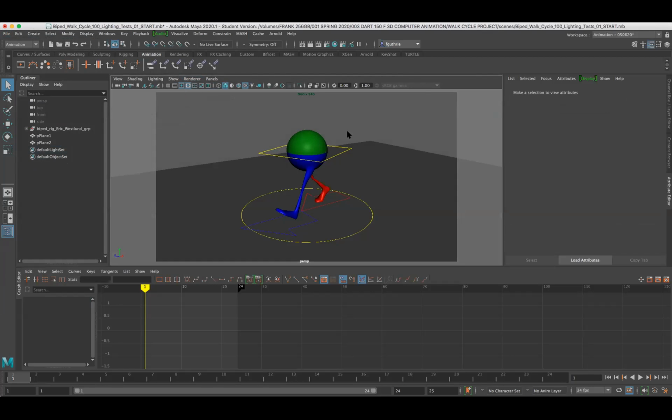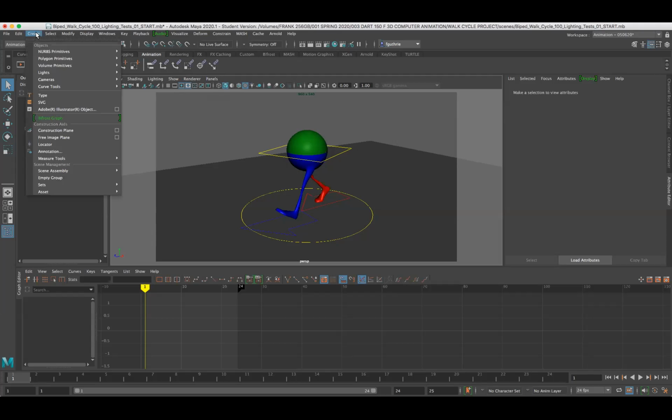To viewport 2.0. This is where we are in Maya, viewport 2.0. Okay. So in Maya, you can quickly create, I'm going to go to my lighting. Okay. I'm just going to create in viewport 2.0. You can create a quick Maya light. I can go to lights and go with,